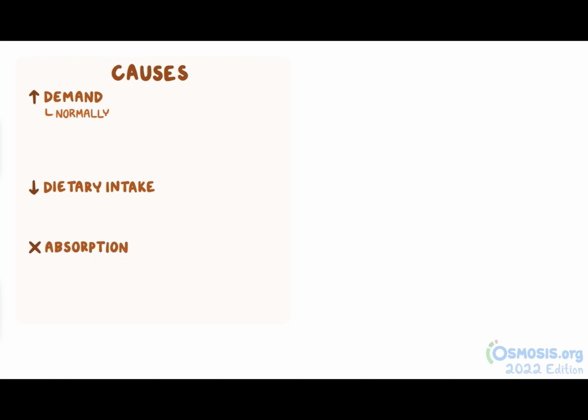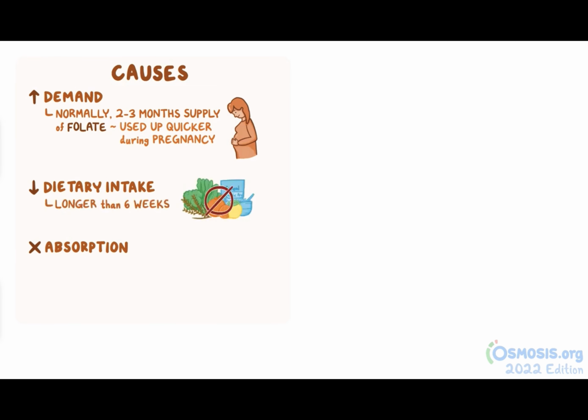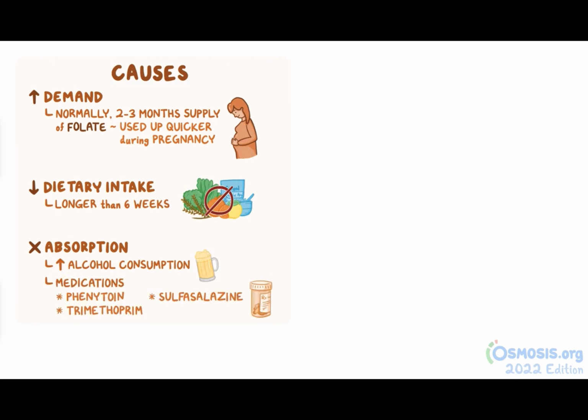Okay, now folate deficiency can result because of increased demand, decreased dietary intake, or impaired absorption. Normally, we have up to 2 to 3 months supply of folate in the body, but this can get used up even quicker during pregnancy due to the increased need for it. So generally, people who get folate deficiency are either pregnant or have had an extremely restricted diet for longer than 6 weeks. Besides this, excessive alcohol consumption and medications like phenytoin, trimethoprim, sulfasalazine, and methotrexate often interfere with folic acid